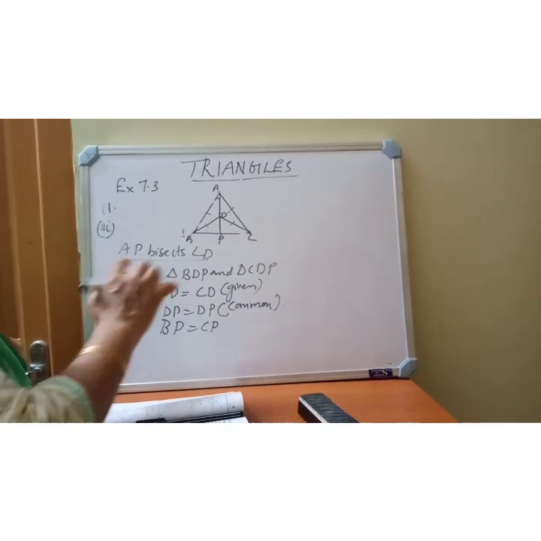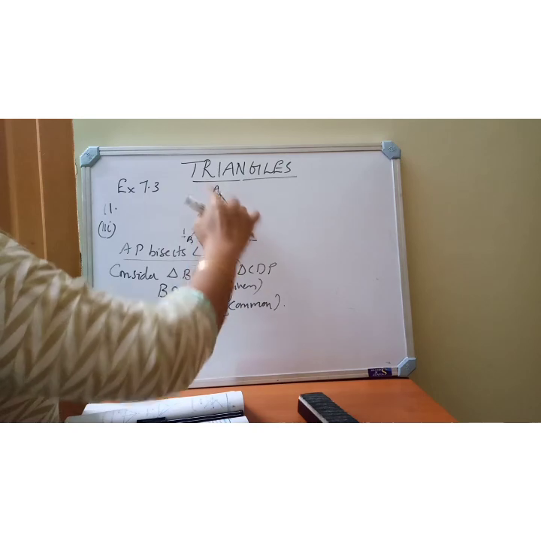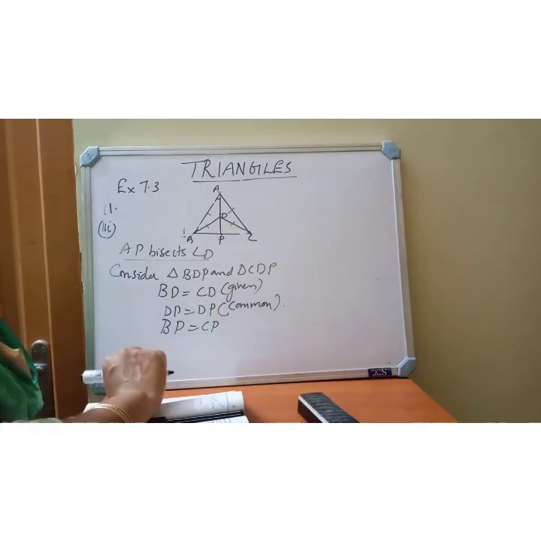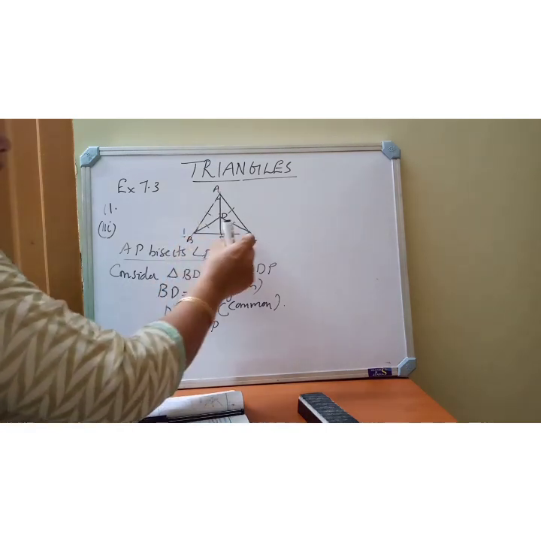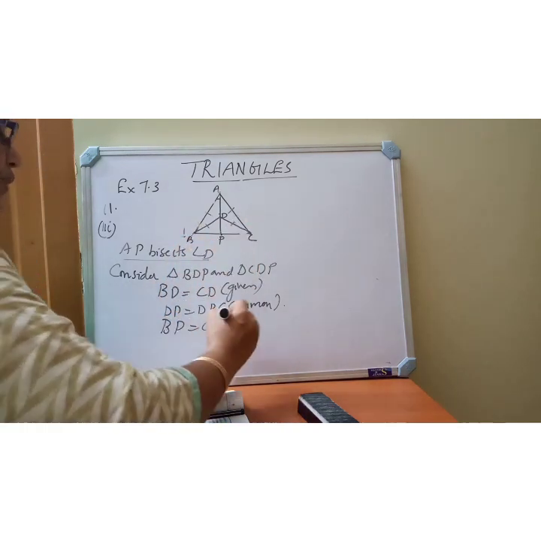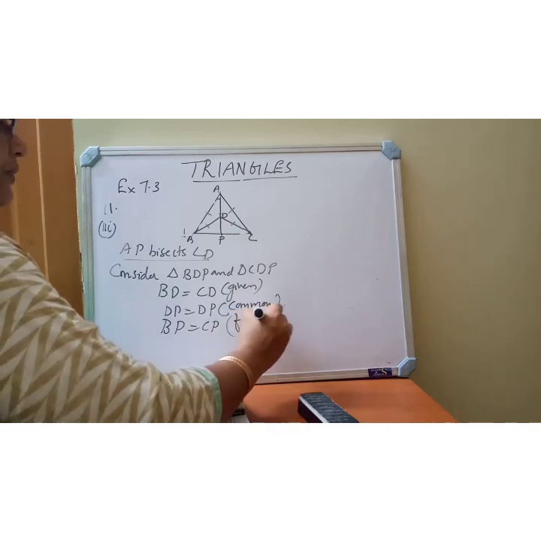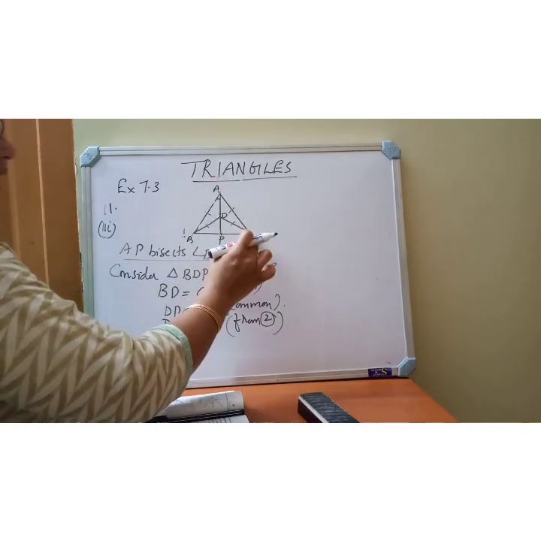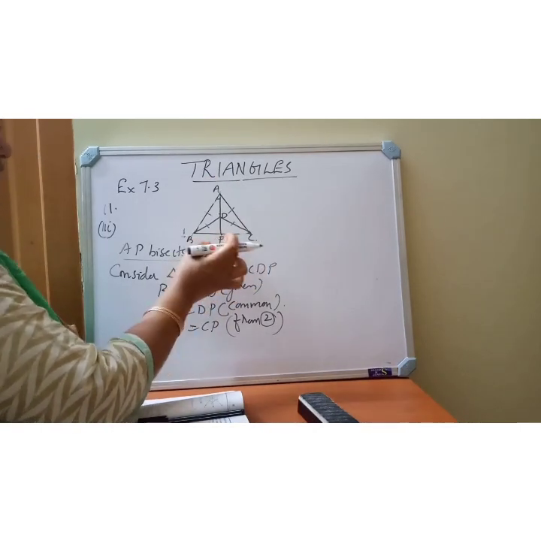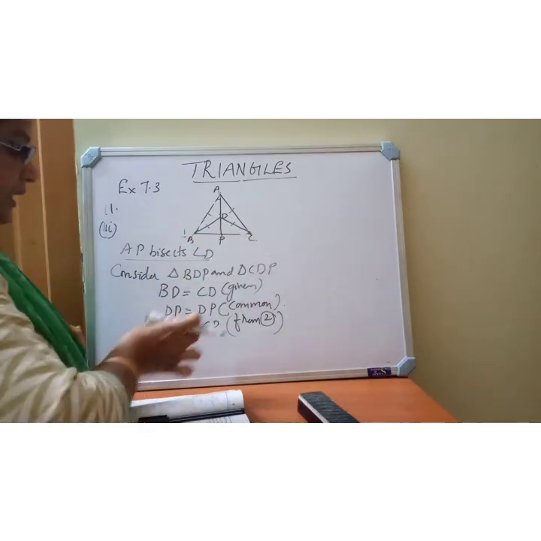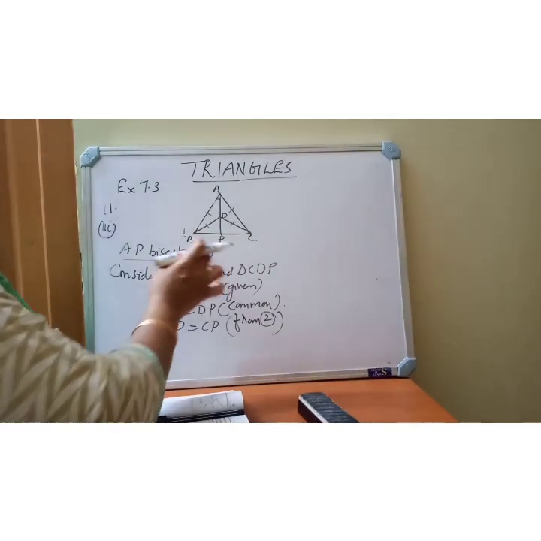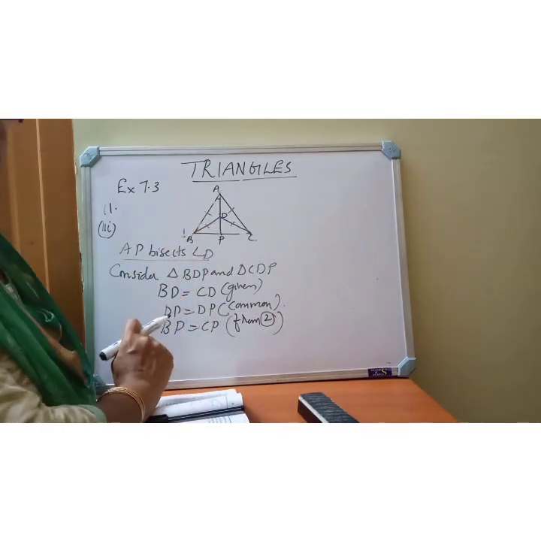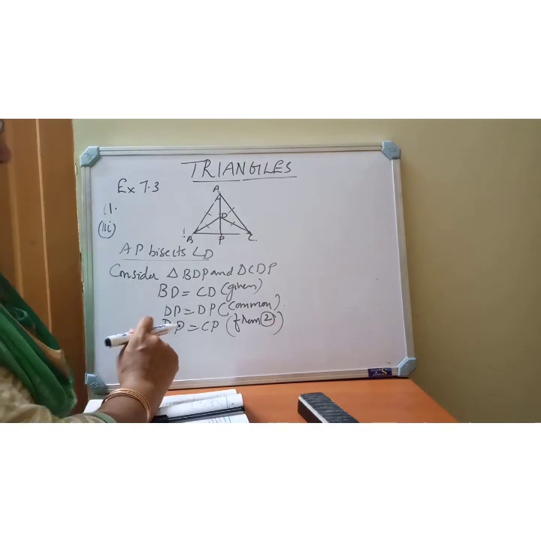Because we already proved that triangle ABP and triangle ACP are congruent. So ABP and ACP are congruent means their corresponding parts are equal. So we know that BP equal to PC from result 2. Result 2: triangle ABP is congruent to triangle ACP. So by CPCT we can say that BP equal to PC. That we must apply here. So 3 sides of one triangle are equal to 3 sides of another triangle. Then we can say that these two triangles are congruent by SSS congruency.